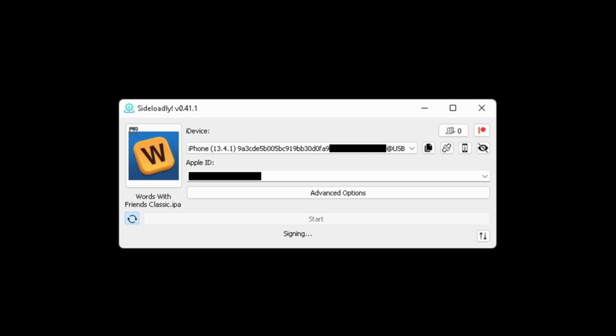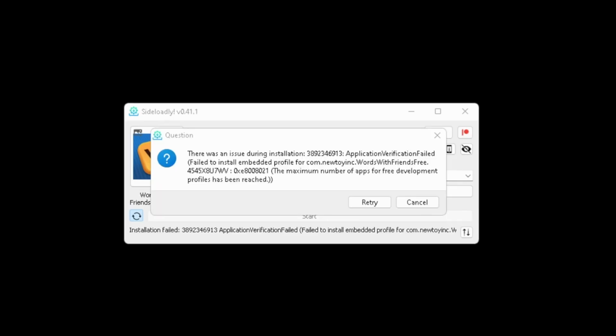While using the tool, I do face a lot of issues quite often. I also use this program to sideload jailbreaking applications such as Unc0ver, and at first the PC will recognize the Unc0ver IPA as a virus and it will delete it after you click start and try to install it. So you would need to disable antivirus in Windows Defender in this case, while sideloading jailbreak applications, or else you may run into similar issues. If you get an error saying that you have reached your limit, this is because our free developer account can only have 3 sideloaded applications at one time, and we will want to just delete one from the device and then we can try again.